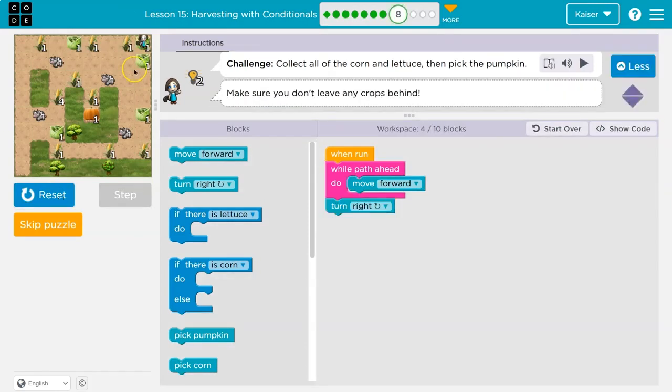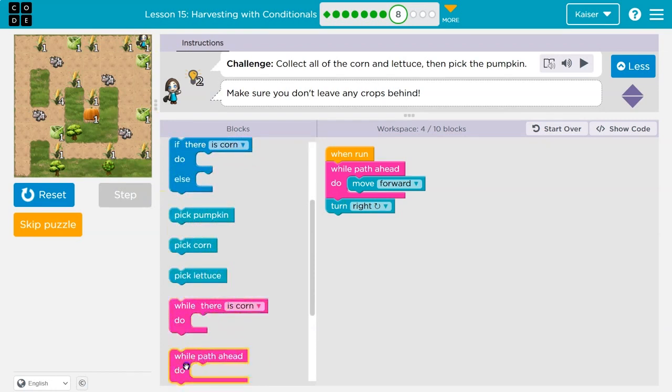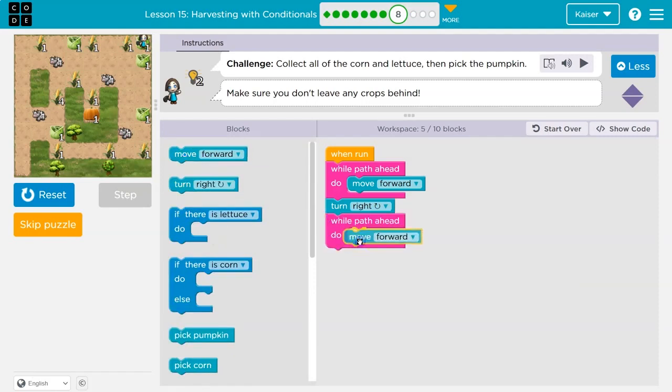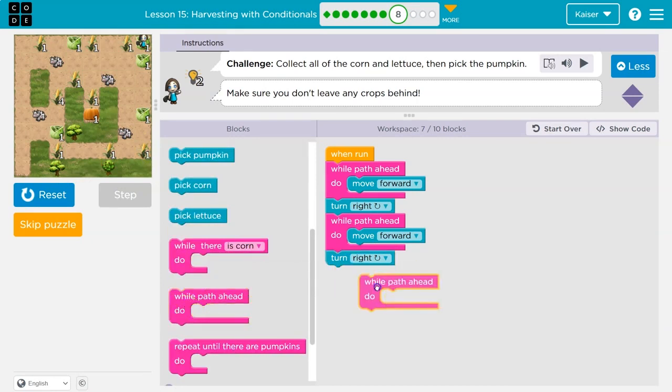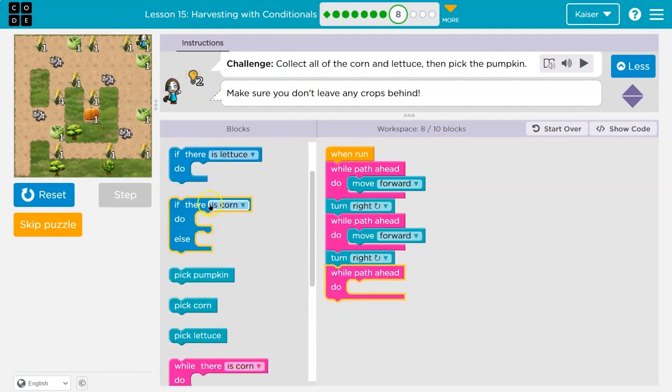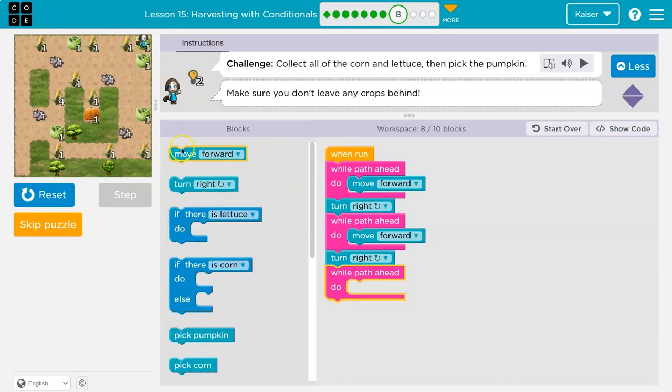Okay, this is looking good. And right now I'm just working on movement, so I'm trying to get around. Well, once I turn, what do I want to do? I should keep going forward as long as there's a path ahead. While there's a path ahead, I want to move forward. And then when I hit the wall here, I guess I want to turn right, it looks like to me. Okay, then what do I want to do? It looks like I want to move forward, but as long as there's a path ahead, so I don't hit that wall. While there's a path ahead, move forward. Okay, and let's keep going. So while there's a path ahead,